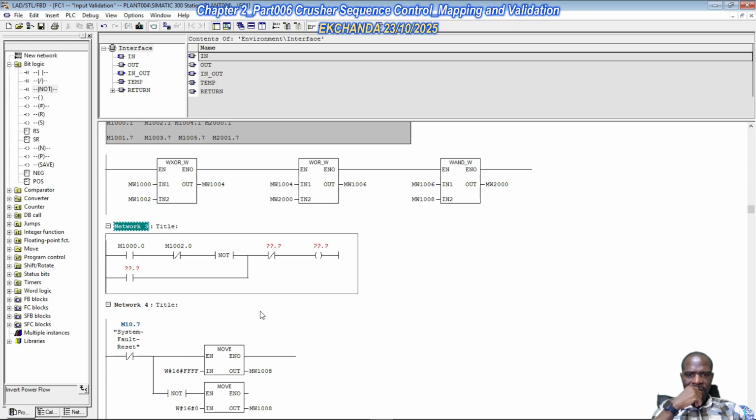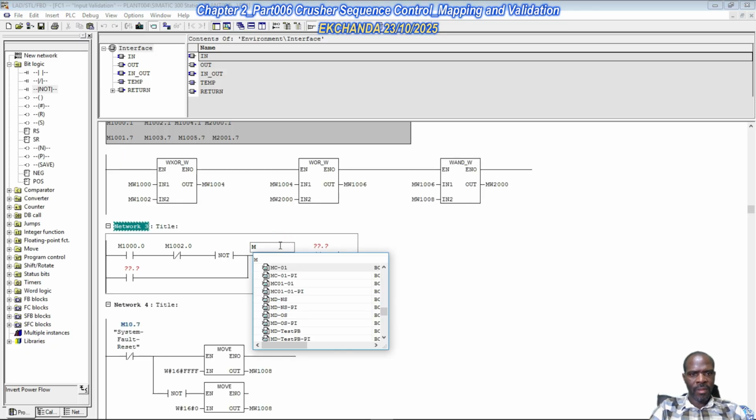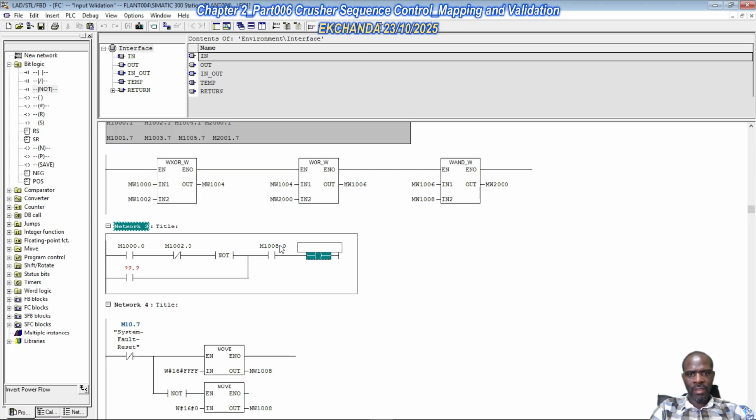Since we're moving ones into this location, I'm thinking this needs to be open. This needs to be open, and then memory bit 1008.0 will be associated with